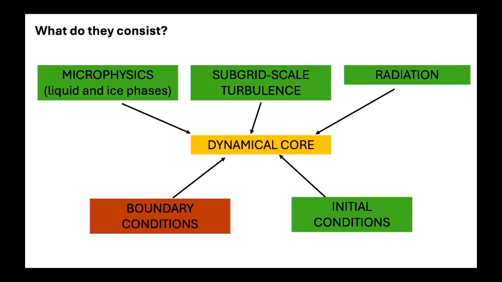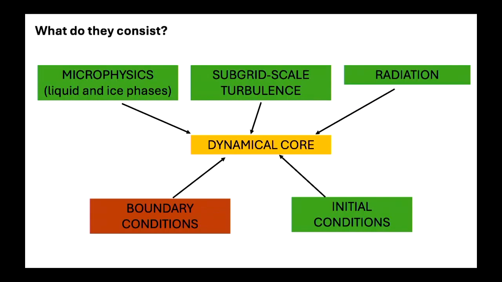So this is just a simple summary of the key structure of a cloud resolving model, right? Obviously, we will have to have the high resolution grids to begin with. But essentially, these models consist of, first of all, an advanced dynamical core, right? And then it's accompanied by a few packages that we call the parameterization to represent the physical processes that are not resolved by the model. And these include primarily the microphysical processes, subgrid scale turbulence, and radiation.